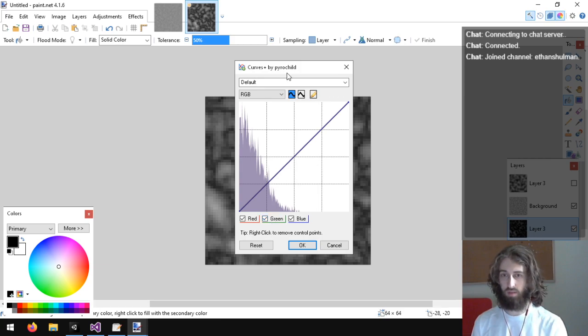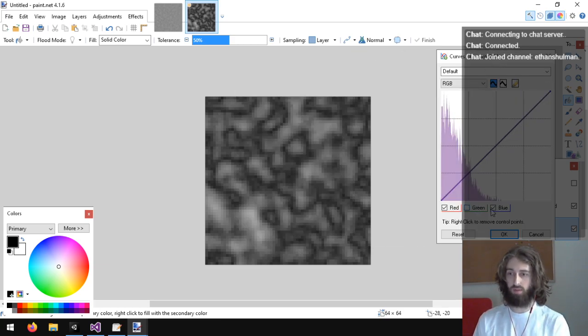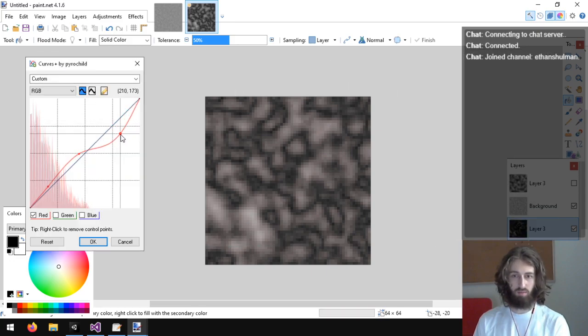I guess I just have to change these curves. So I want this to be kind of a mix of brown and green.